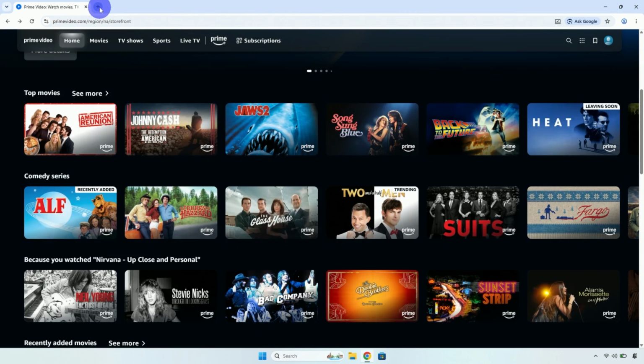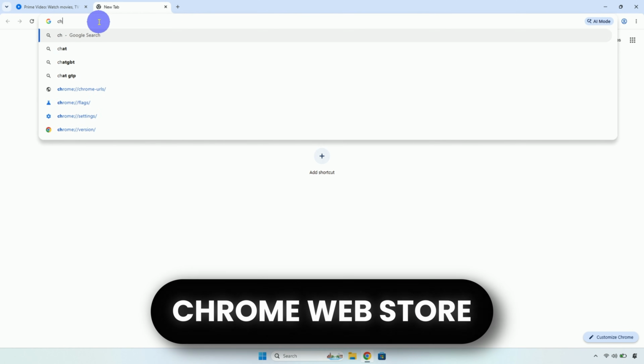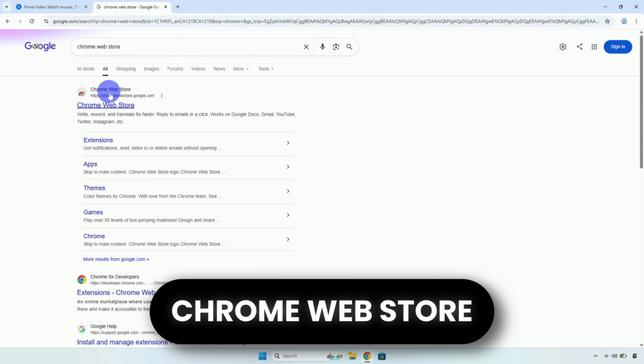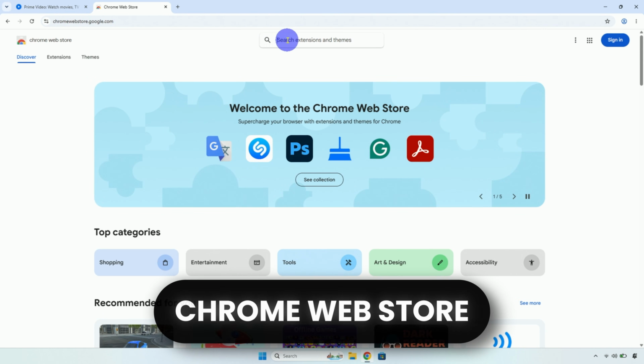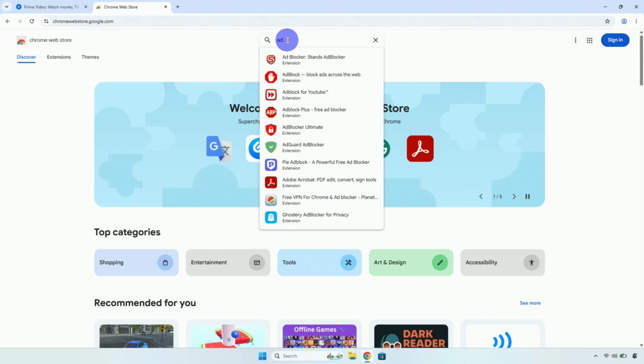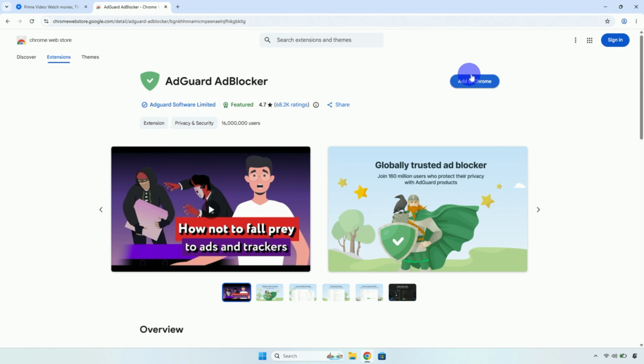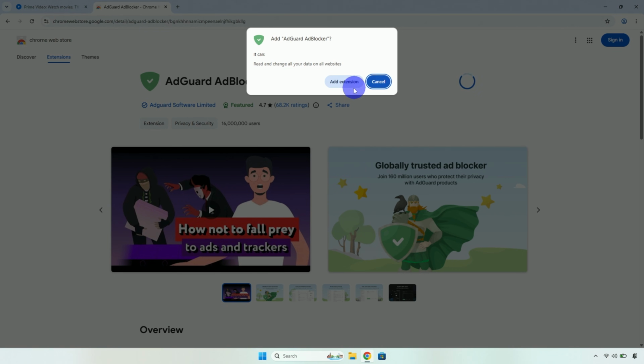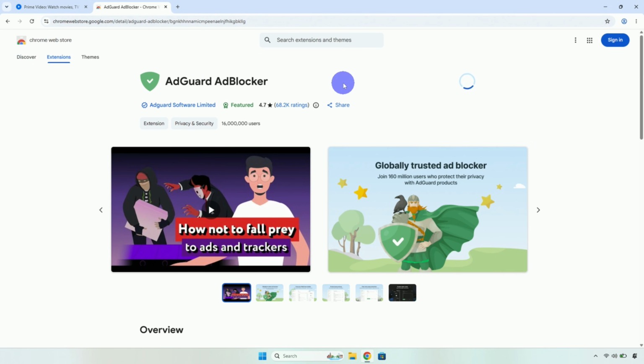We're going to open up a new tab in Google Chrome, and we're going to go to the Chrome Web Store. Once that's loaded up in the search at the top, just type in the word ad. So we're going to install an ad blocker, and the one we want is AdGuard Ad Blocker. Click on Add Extension, follow all the steps,